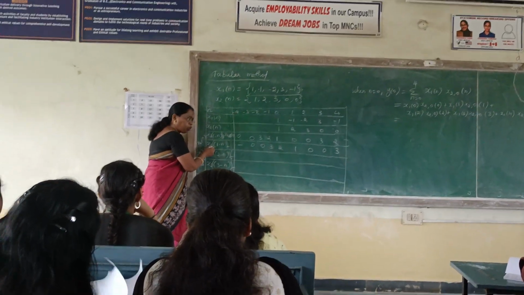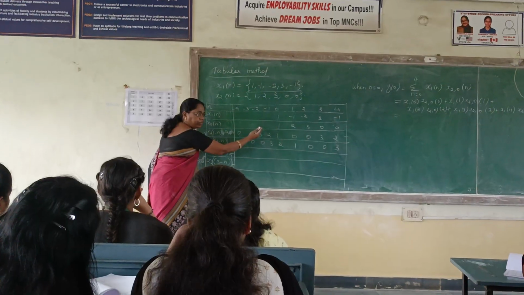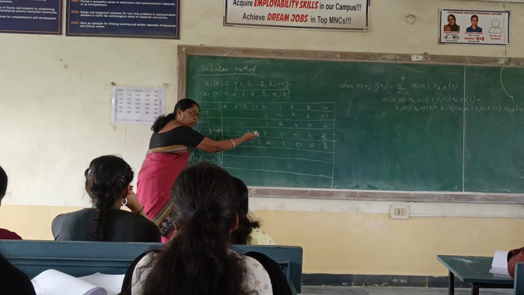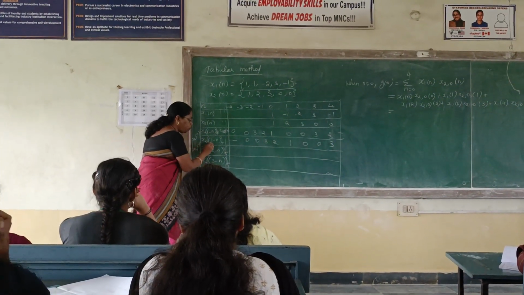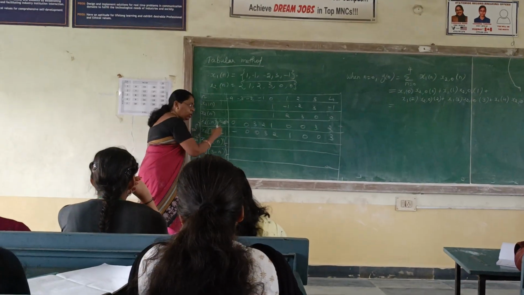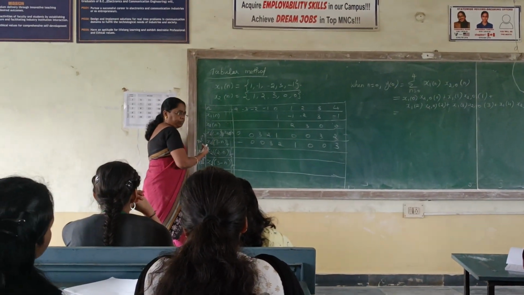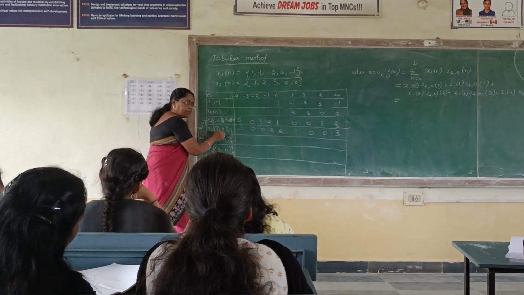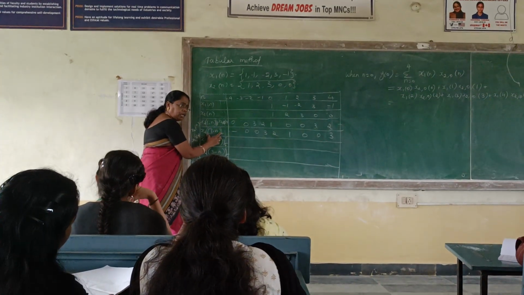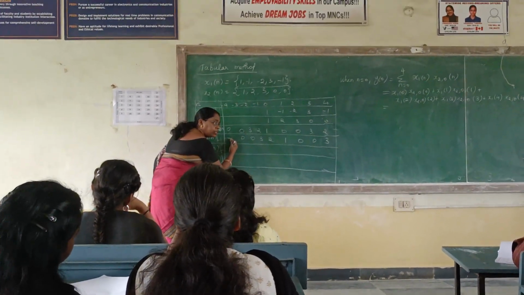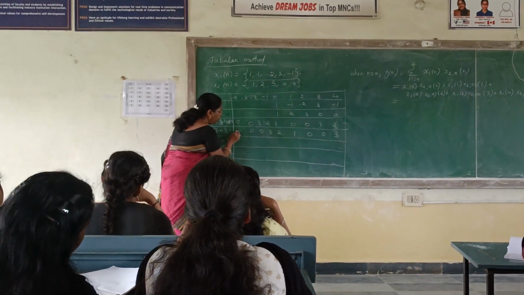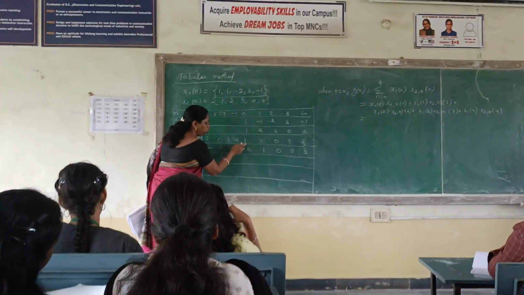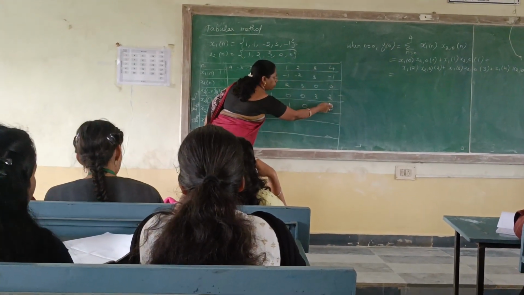See here, you have to move the sequence one step higher, one step to the right, not to the left. Why to the right? Here this is a positive number. If this is a negative number, you have to move the sequence to the left. Normally we have only positive numbers. So x2 of 1 minus n, what is the meaning of this one? Circular convolution, you have to move the sequence one step towards the right. So leave this one. We write the same sequence: 0, 0, 3, 2, 1, 0, 0, 3.